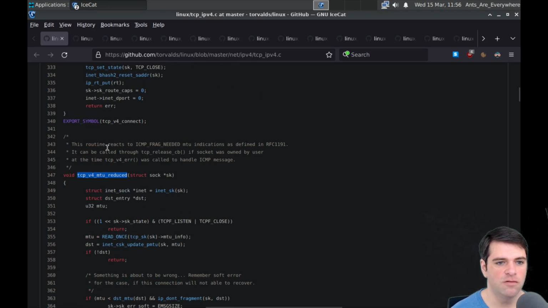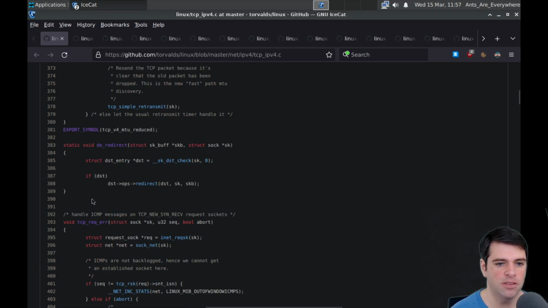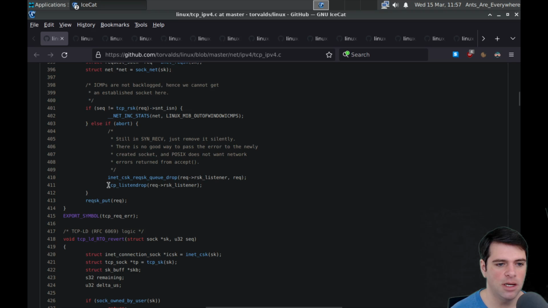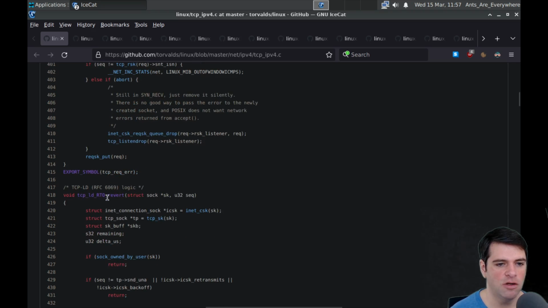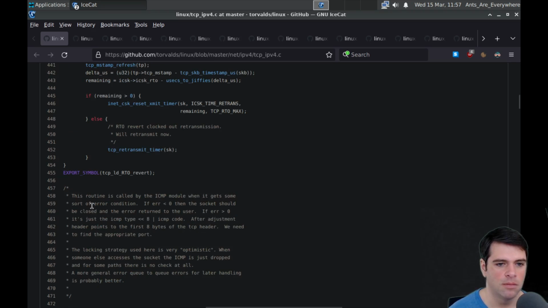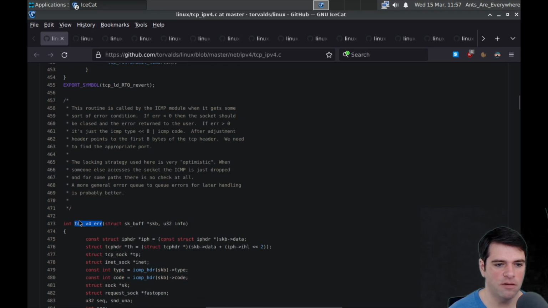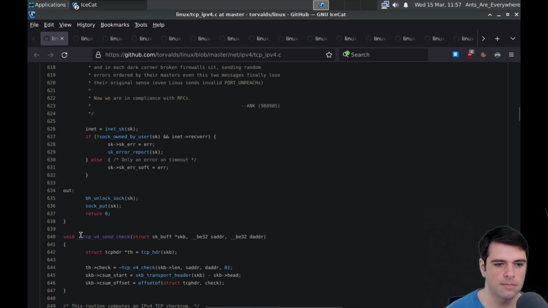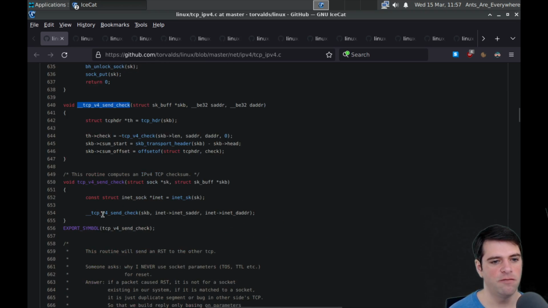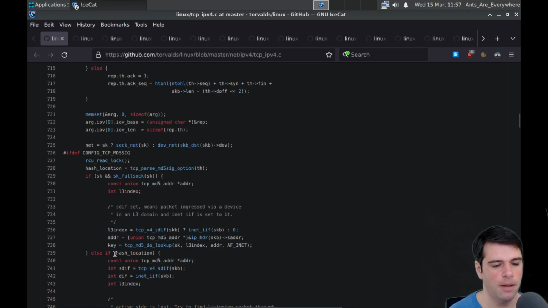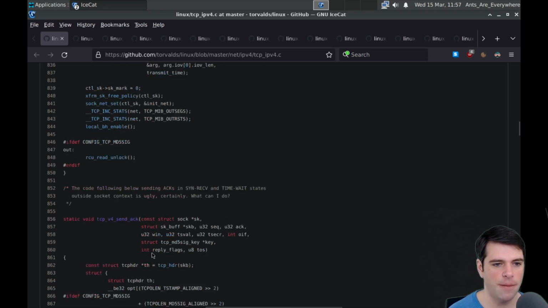v4 MTU reduce. This routine reacts to ICMP frag needed MTU indications as defined in this RFC. It can be called through TCP release CB if socket was owned by user at the time TCP v4 error was called to handle ICMP messages. So we can change the MTU, RTO revert, and we can call an error function. TCP v4 send check. Yep. So this is, I guess, like establishing connections,